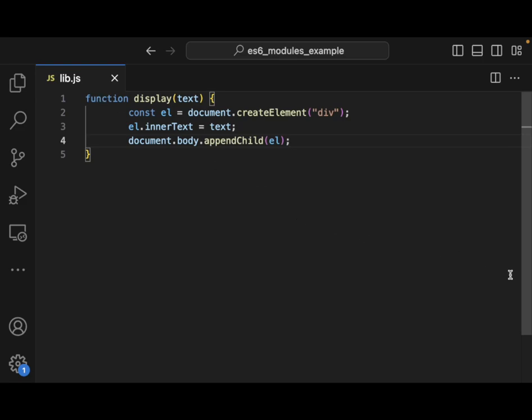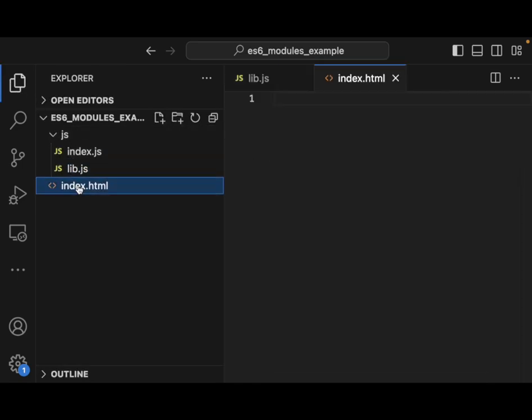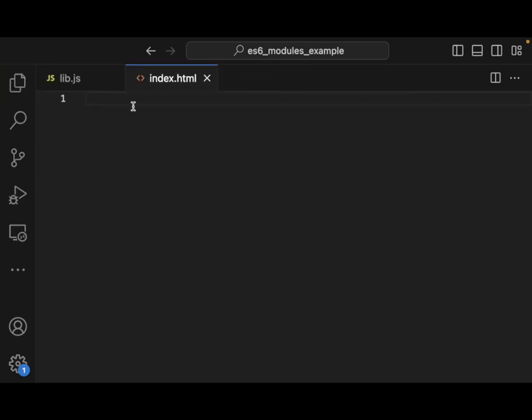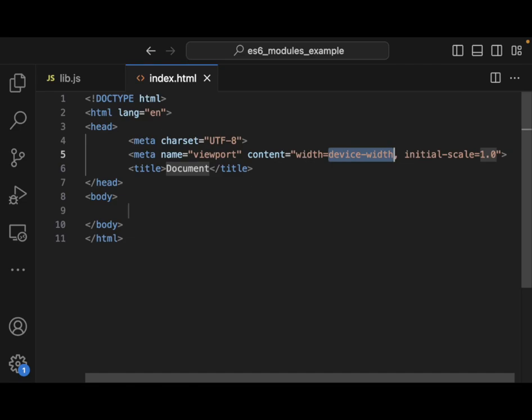Now, what's happening here? Display is a function that displays the text on a web page by creating a div element and then appending it to the body element. So now we want to open up our HTML document, and let's fill this in with some boilerplate. We'll call this ES6 Modules